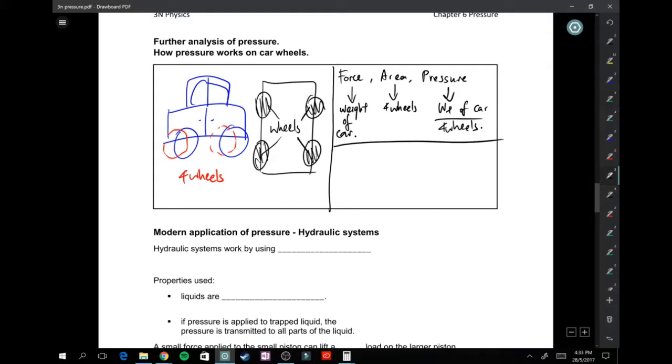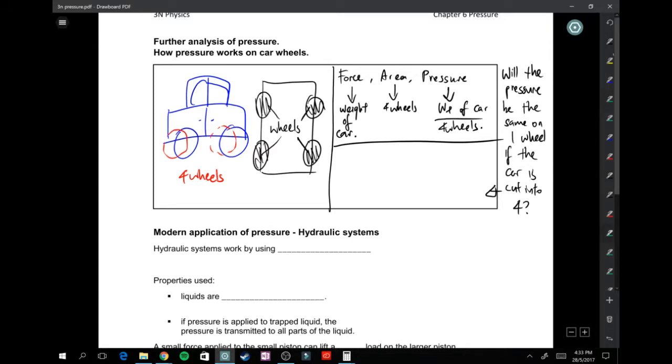Now comes the question, can you write it here? Will the pressure be the same on 1 wheel if the car is cut into 4? That's what we're going to answer over here. So if I cut a car into 4, let me cut it with green. I cut it, and let me just consider just one part. Now, will I get the same pressure? We'll do a numerical calculation later, but the answer is actually yes, because the area is divided by 4,